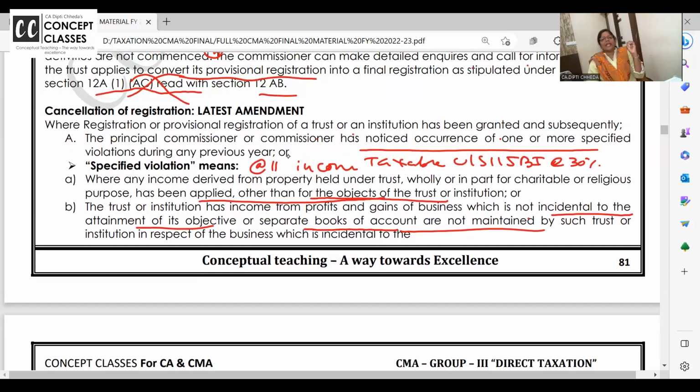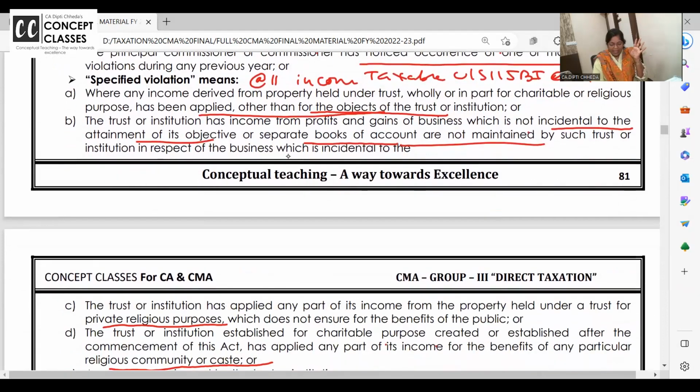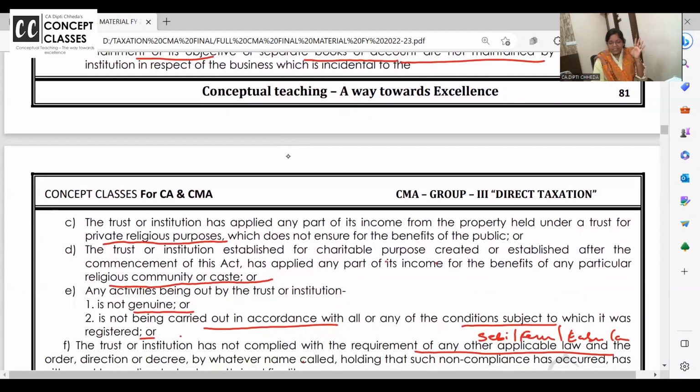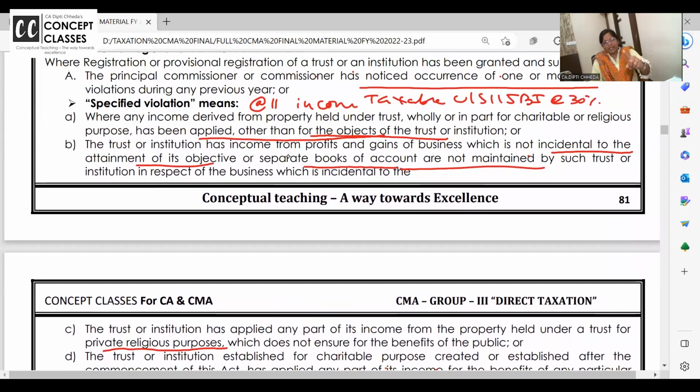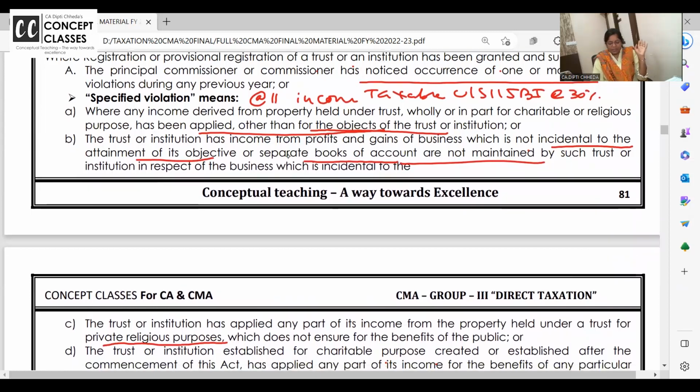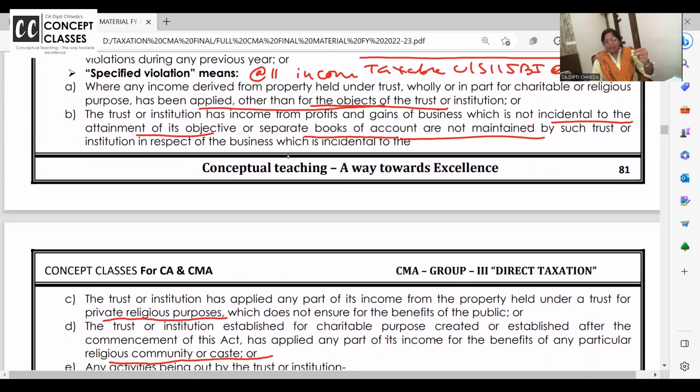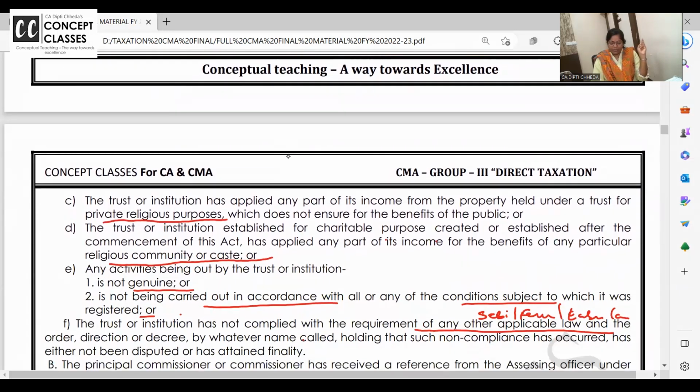registration of the trust can be cancelled under section 13 if the PCIT or CIT notices the trust has violated. How they have violated is 6 cases. First, they are not working for the object of the trust. Second, they are getting profits and they are not maintaining separate books. Third, they are working for private religious purpose or a private caste. दोनों में फर्क है. Private religious purpose means we have organized some pujas and functions, and those who pay 1